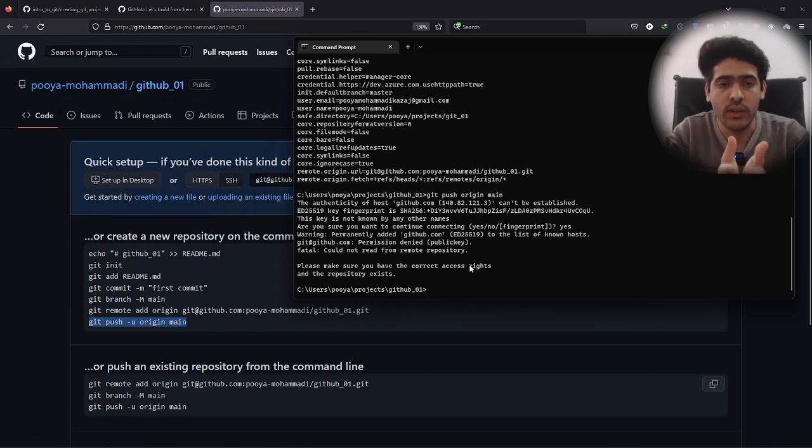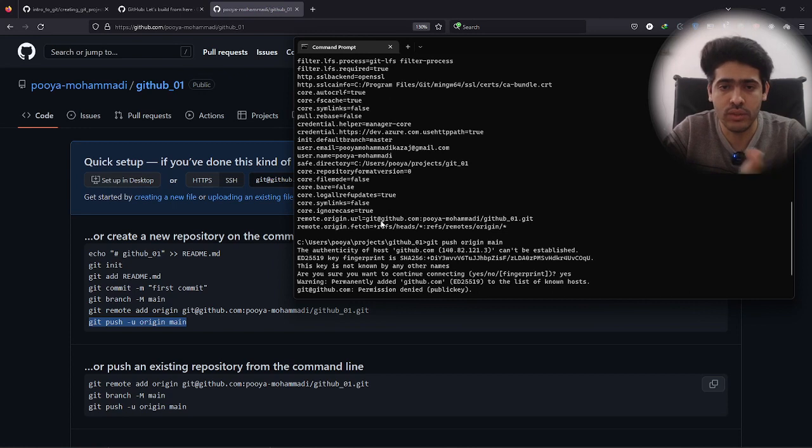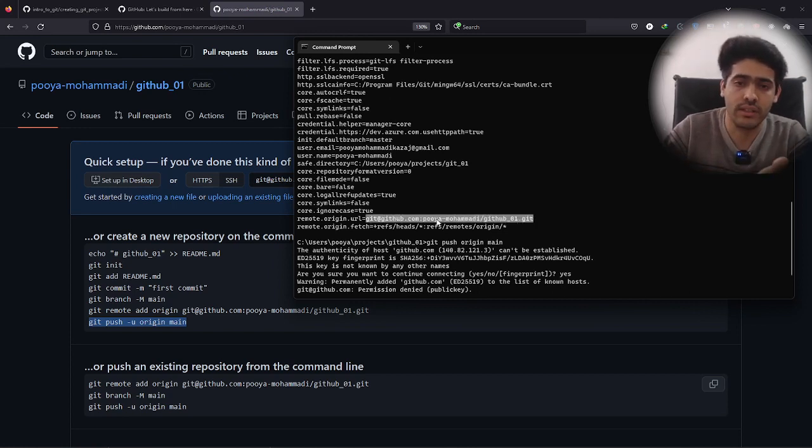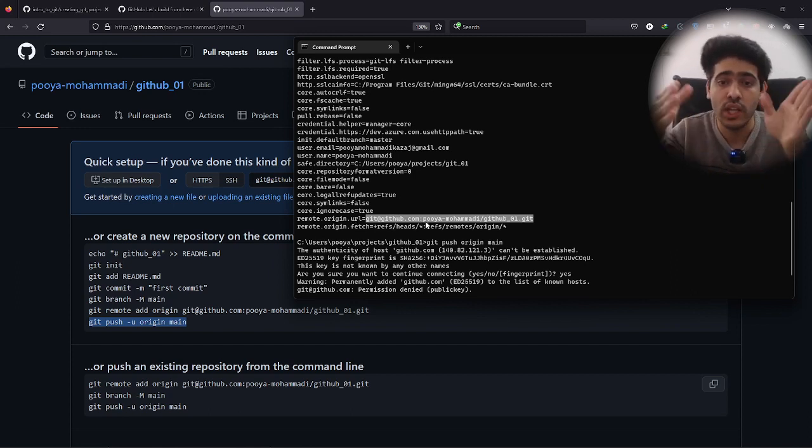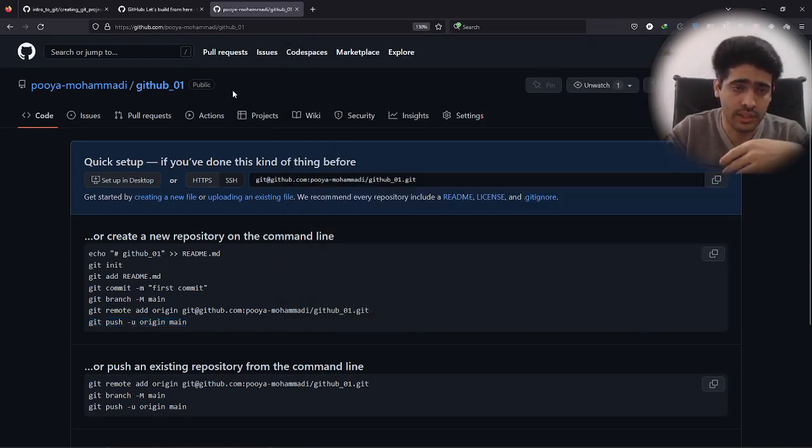Yeah, exactly. I don't have permission. What did I do? I just add a URL here, okay? And I said add this, please commit my changes to this project. It's not possible. You need to create a connection or pass in some authentication so that the remote server can understand that these local changes that are being pushed, that are being sent to